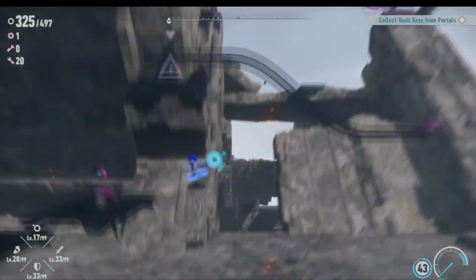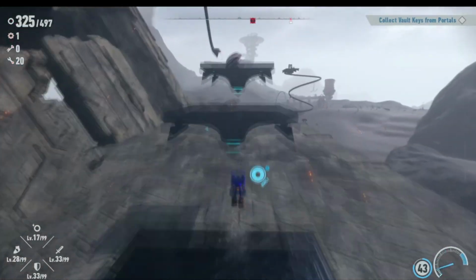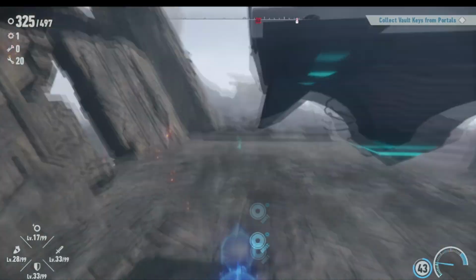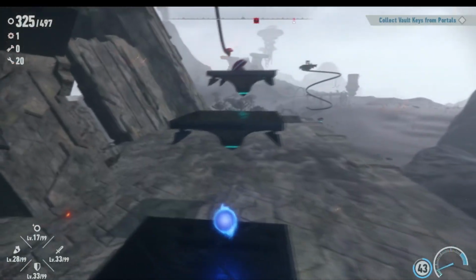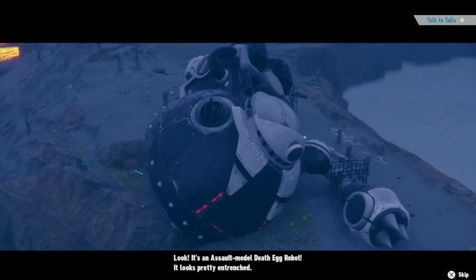But on the other hand, it forces you into 2D sections the most out of all of the islands by far, and it can get really aggravating when you can't break out and it leads you to somewhere you don't want to be in. Tails and Sonic come across a broken Death Egg robot, and you use its laser to